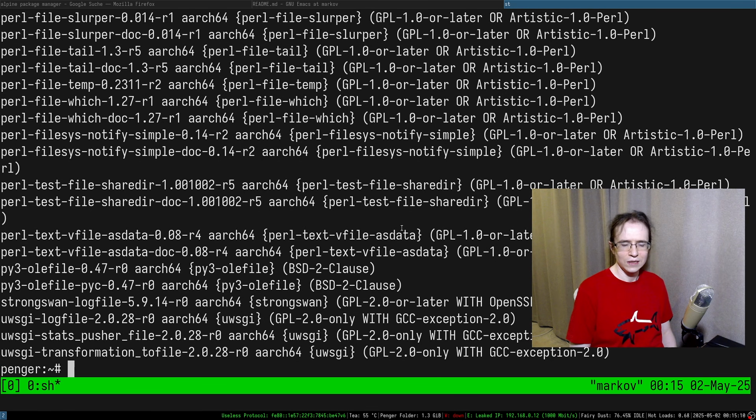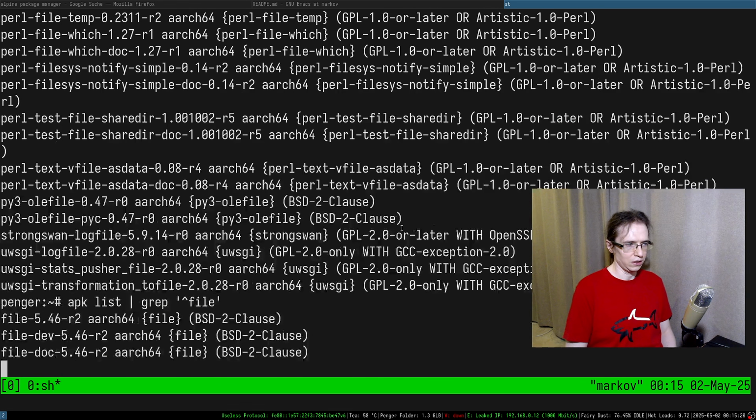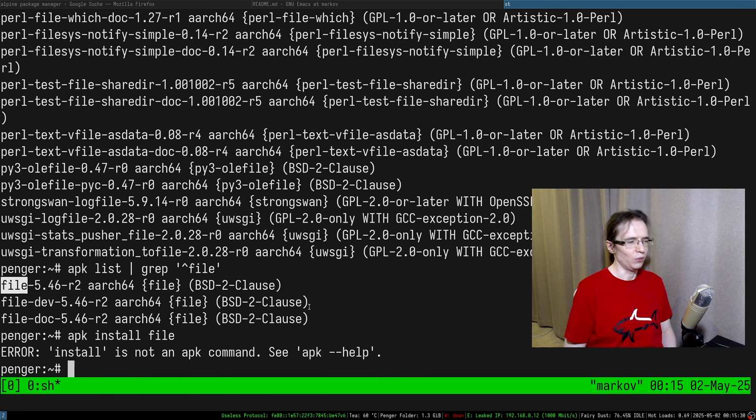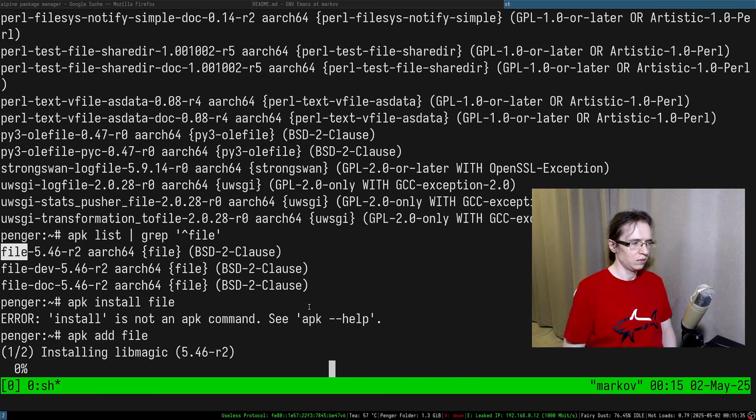Oh, it's gonna be a tough one. How? Well, I mean, we can say that it probably starts with file. Yeah, it's probably just file. apk install. Oh, well, I mean, it's add.